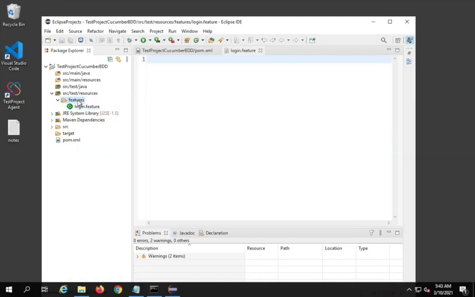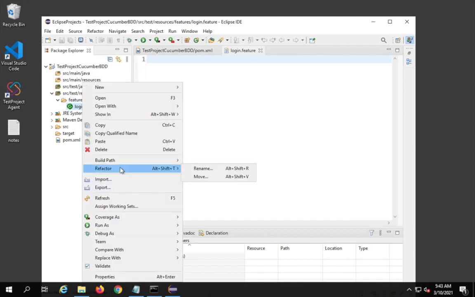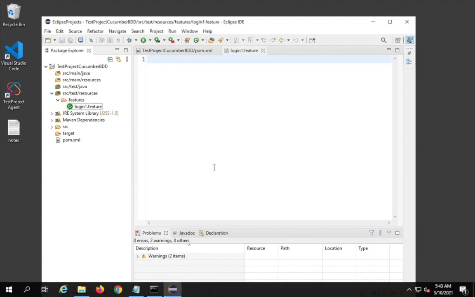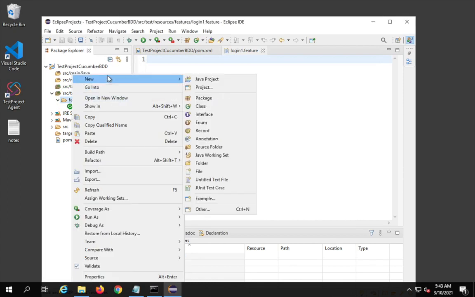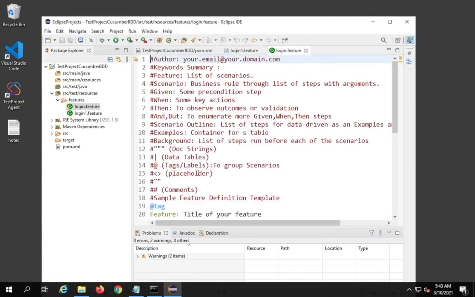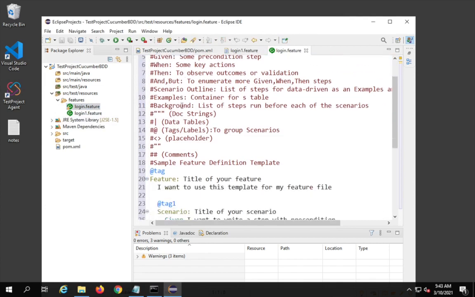Also, if I now create a new feature, let me just rename this one. I will say refactor, rename. I will call this as login1.feature, and I'm going to create a new feature file inside the features folder. So I will say new file and say login.feature, and now this time you will see as I create a new feature file, it also gives me some